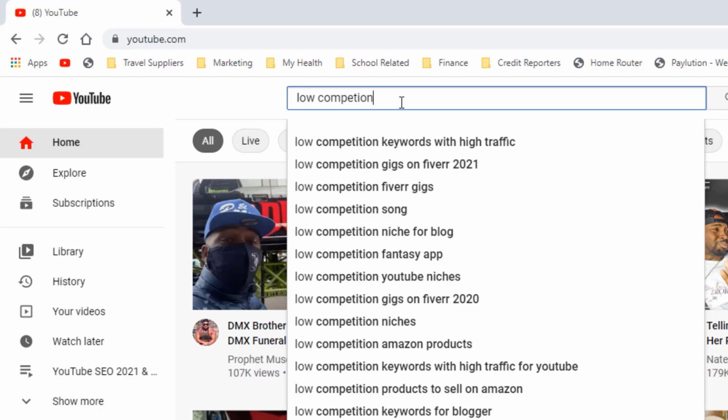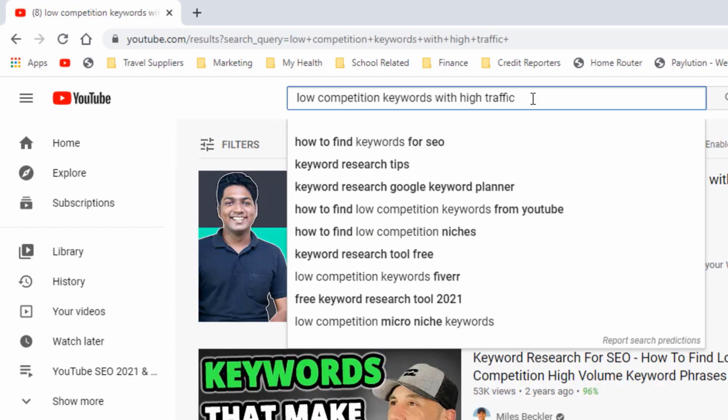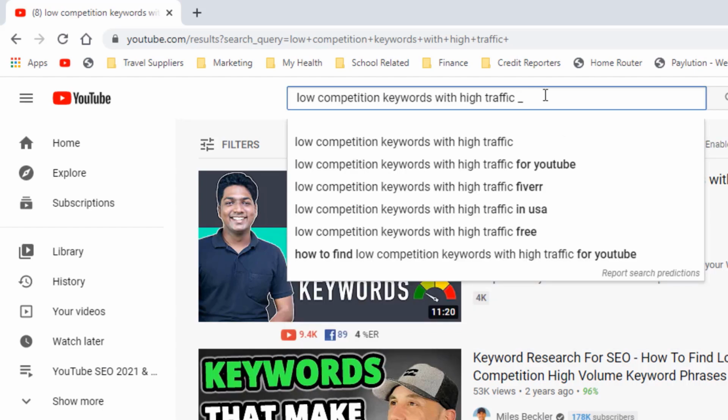So instead of low competition, we can put in low competition keywords with high traffic. We can find out what YouTube suggests for this keyword. So we can go and put an underscore. Whenever you put an underscore, it's going to give you more predictions that line up with this keyword phrase here. If I take it away, everything else goes away. So let's do underscore